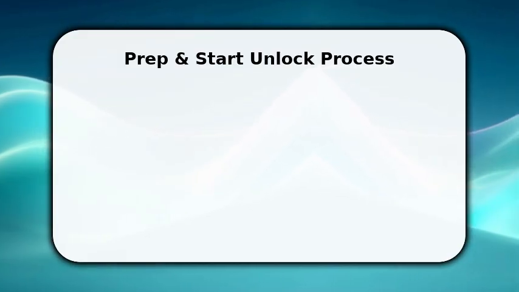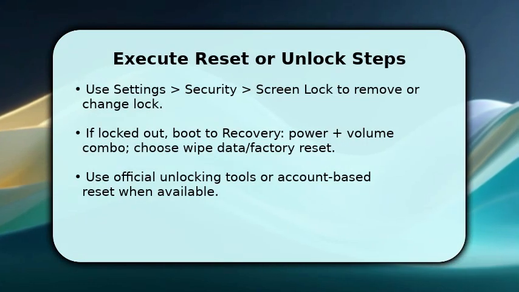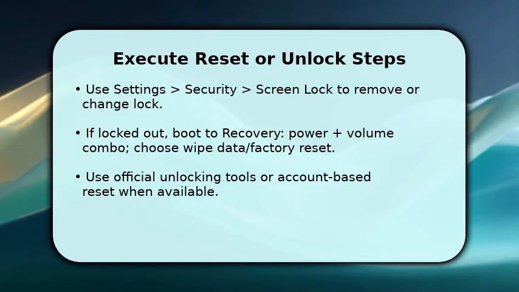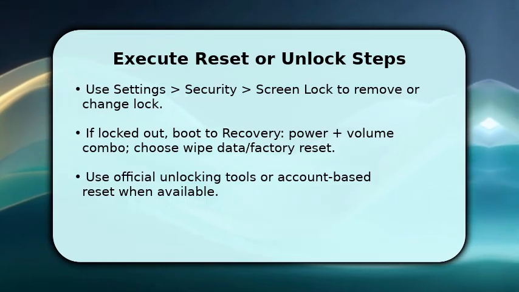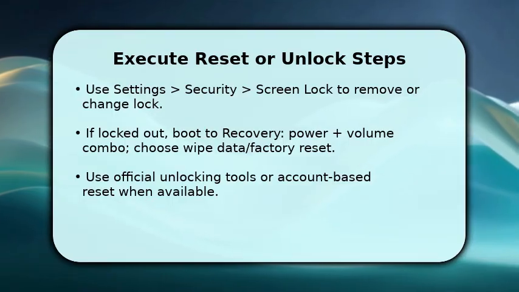Start with settings or recovery mode, depending on device manufacturer. You now perform the core actions. If you can access settings, navigate to security and remove the screen lock or replace it with a new method. This preserves most data. If you're locked out, power down and boot into recovery using the device's power plus volume